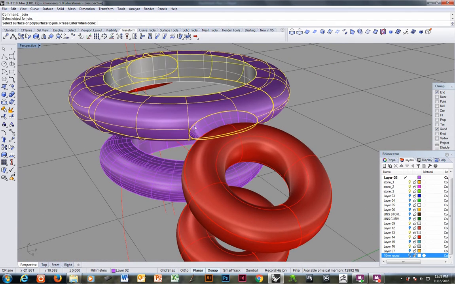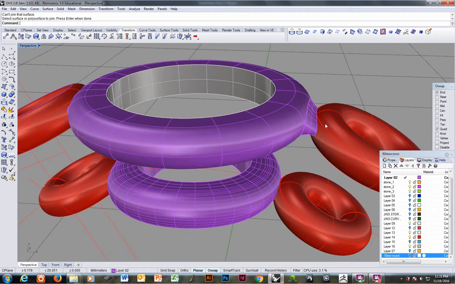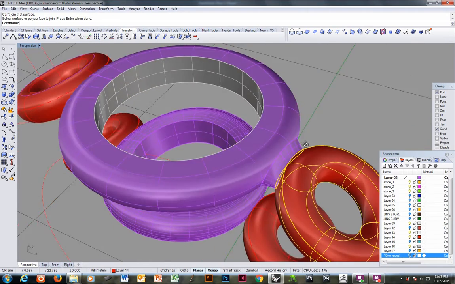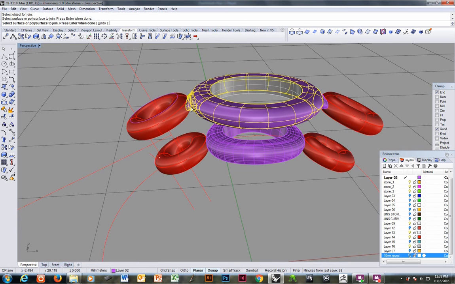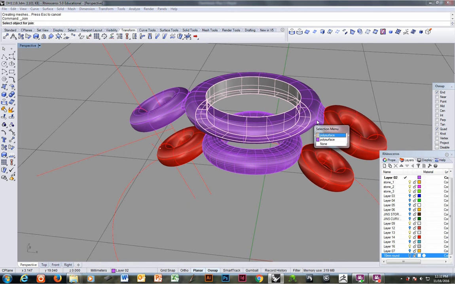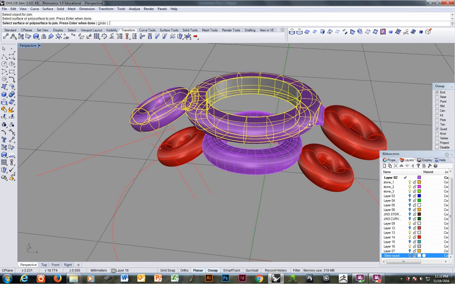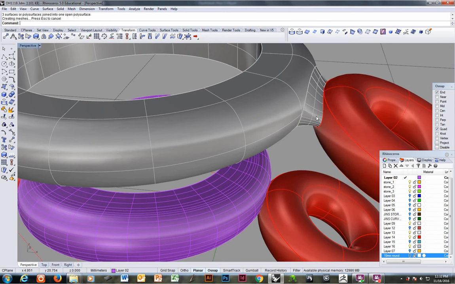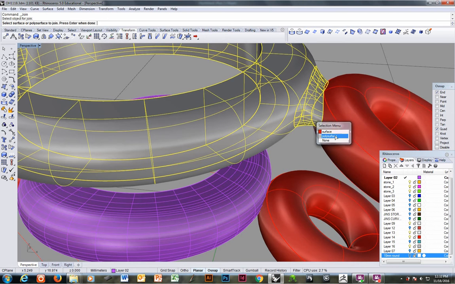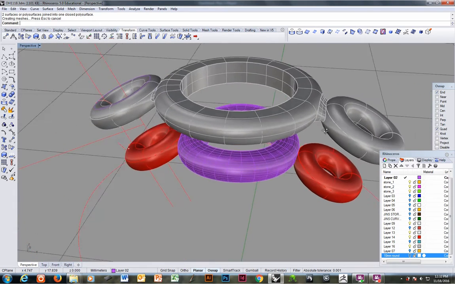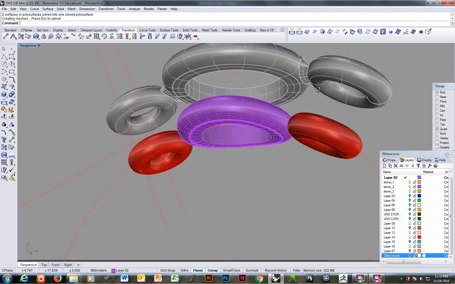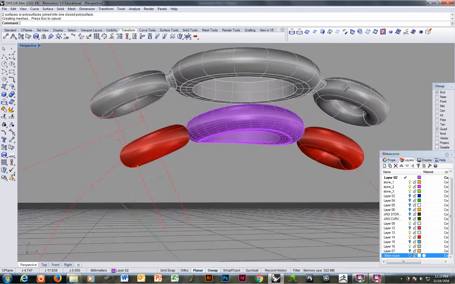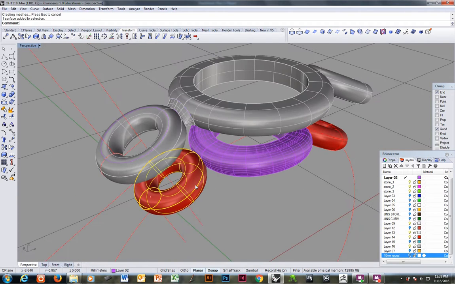Join this. Oh, how come you're not joining? Should join. Okay, doesn't want to join that one. It'll join that one. It'll join this one. What happened? It doesn't want to join. There it goes. Oh, it joined. Boom. So now you have one piece. And to make these one piece,